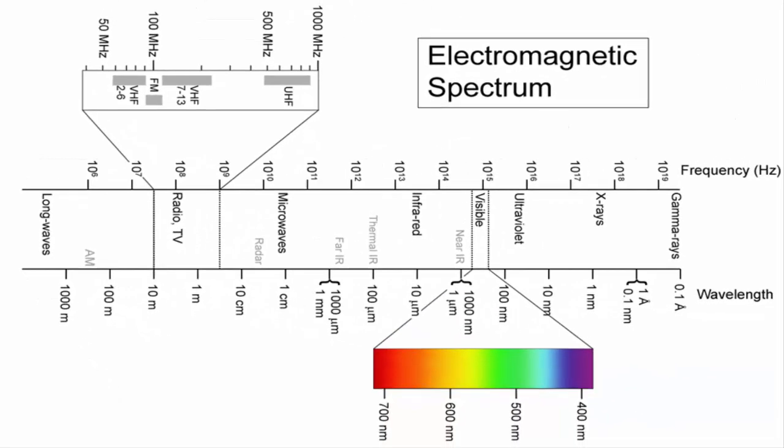Irrespective of how large or how small the wavelengths of the EM waves are, they all travel through space with the same speed at 300 million, or 3 by 10 to the 8 meters per second. We saw when we explored the properties of wave motion that the propagation speed of any wave is proportional to its wavelength and its corresponding frequency, and is given by the formula v equals f lambda.